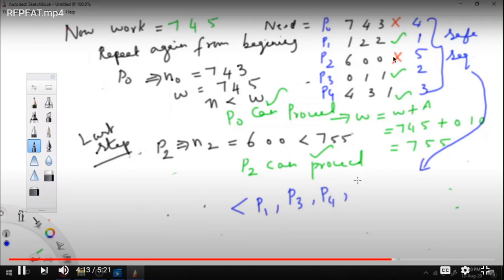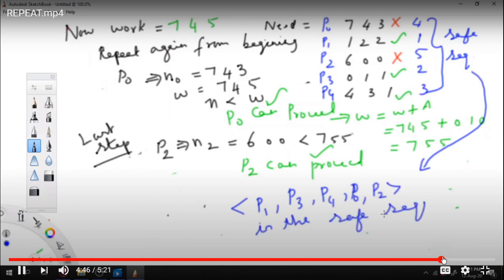Then we started the sequence again. Fourth we are able to do P0, so write P0 here, and then finally we are able to write the next in the sequence, which is P2. This is the safe sequence. So P1, P3, P4, P0, P2 is the safe sequence.